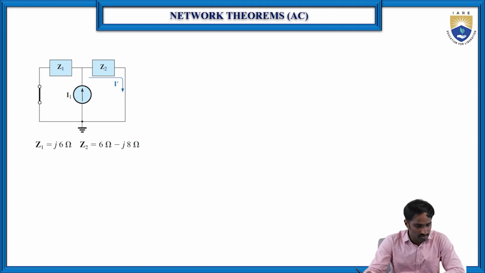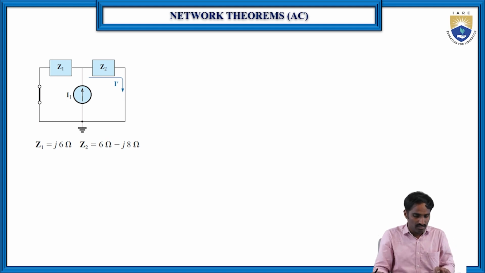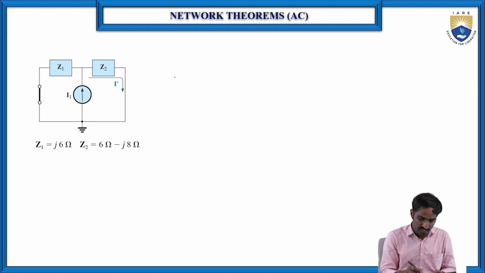Okay, so here to find the current I dash, we can apply the same current division rule. The total current is I1, and I1 is divided: some of the current flows through Z1 and some flows through Z2, right? So if you apply the current division rule, I dash is equal to the total current I1 into, where we need to find the current in Z2,